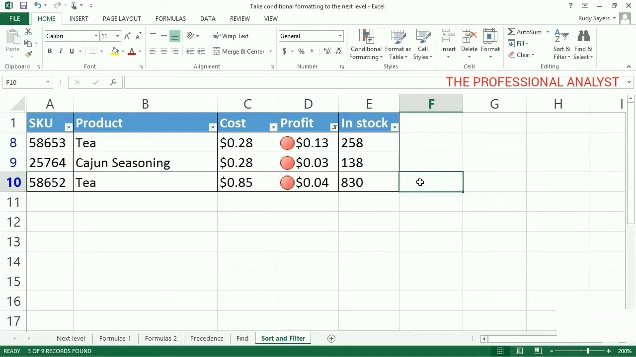Now you've got a pretty good idea about how to take full advantage of conditional formatting. Of course, there's always more